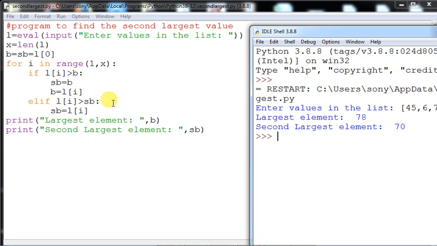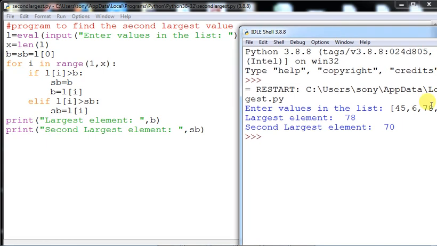Then you can see it, and afterwards you can sit with a copy and pen, and see how the evaluation has been done over here, how the comparison has been done. So 45 has been taken as the first element, and it has been compared with 6. So B and SB have both been taken as 45. Then it will start comparing. If this is greater, then SB equals B, otherwise nothing will happen. And if Li is greater than SB, then nothing will happen here, because 6 is the smaller element. Then 78 will be picked up.